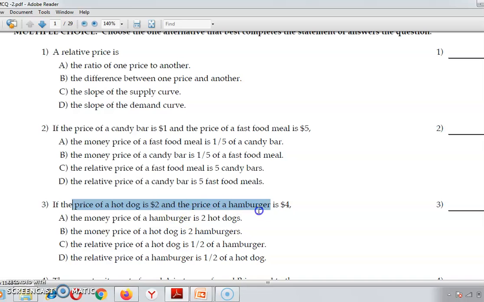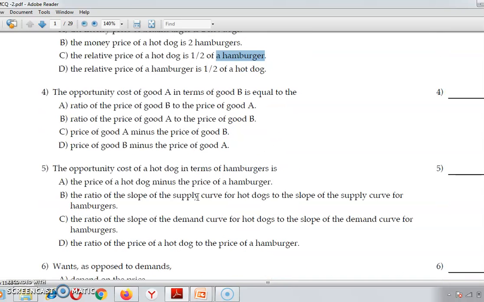अब हेरौं अर्को, if the price of a hot dog is $2 and the price of a hamburger is $4, the money price of a hamburger is 2 hot dogs. The money price of a hot dog is 2 hamburgers. The relative price of a hot dog is 1 by 2 of a hamburger. The relative price of a hamburger is 1 by 2 of a hot dog. भनेपछि हाम्रो आन्सर के हुन्छ? हट डग को रिलेटिभ प्राइस ह्यामबर्गर को 1 by 2 छ भनेर हामी भन्छौं, यानी सी हाम्रो आन्सर हो।